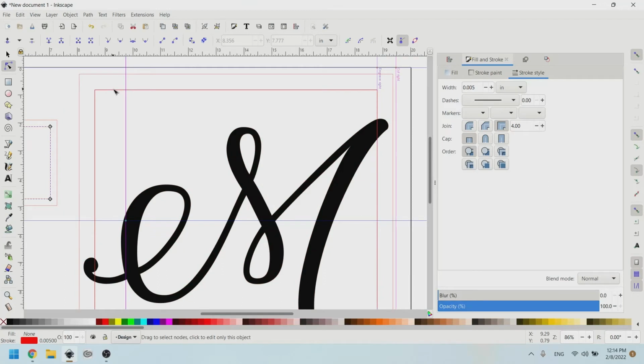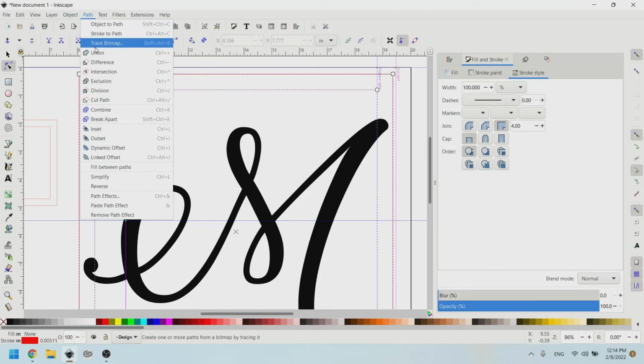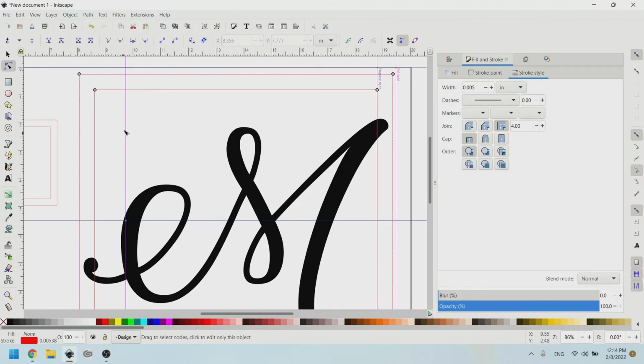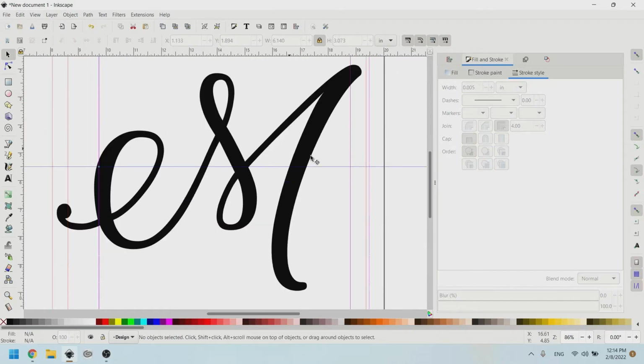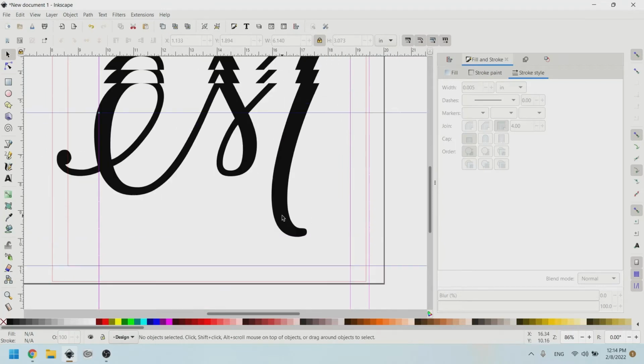But for now, we're over here. We've got our square. There's a couple of things that we can do different ways. I'll show you what I usually do or what I think is easiest. So we'll take this square and we'll do the difference. And so now we have one object here. Let me get rid of this rectangle so we don't have to see it. Okay. Now I have my M here,